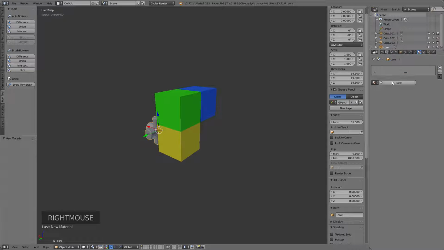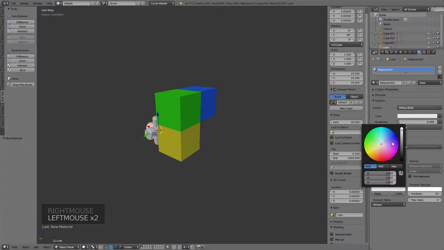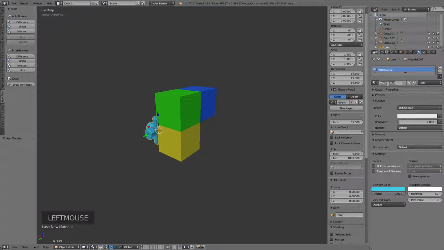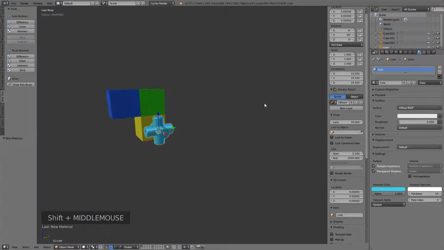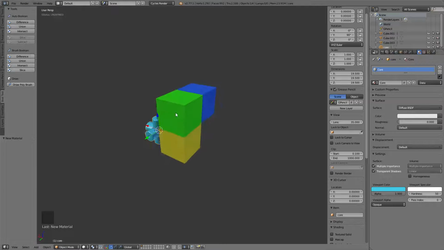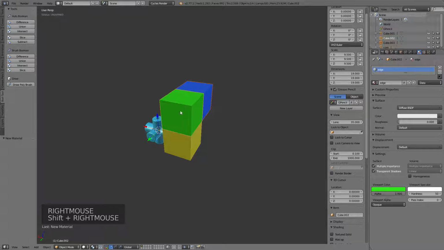And let's make our core at the same time. The core is a kind of bluish greenish color here. We'll give us something like that, and we'll just call that core. Alright, so we now have our 3 pieces that are going to build this, and we've got no rotation on